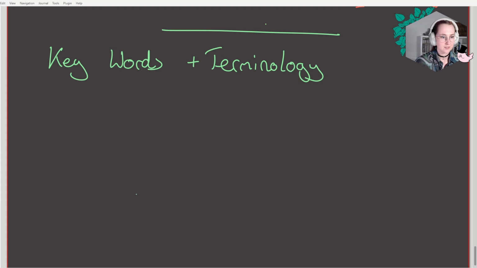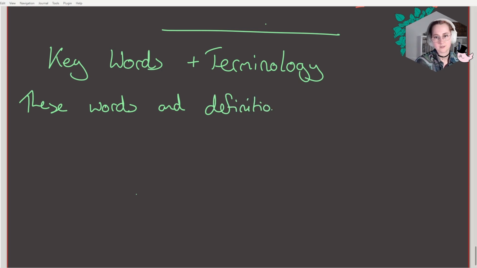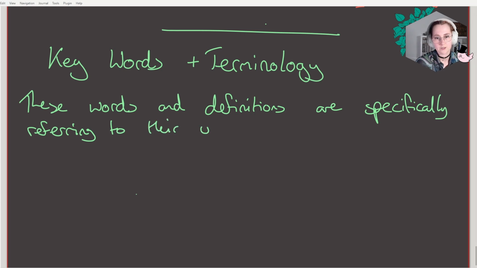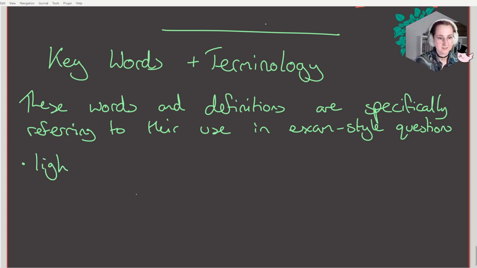Okay, so you've got these words, definitions that are specifically referring to their use in exam style questions. That's things like light, meaning that something has no mass. If they talk about a light string, for example, they're saying disregard the mass of the string. The mass of the string is negligible. Don't worry about it. Another one that also means none of that is smooth,